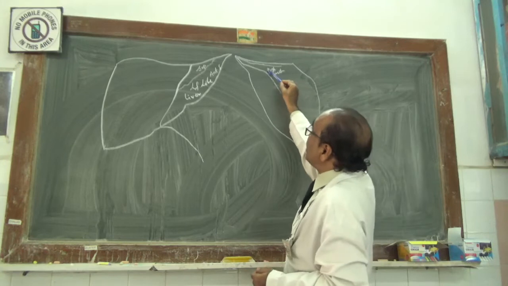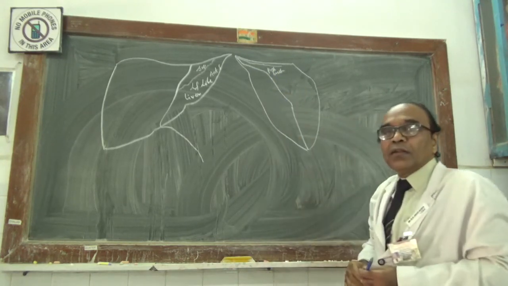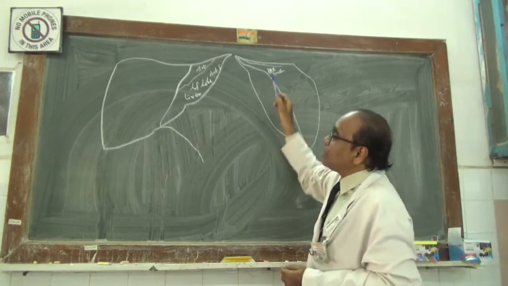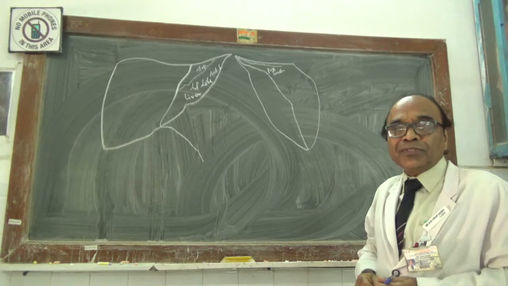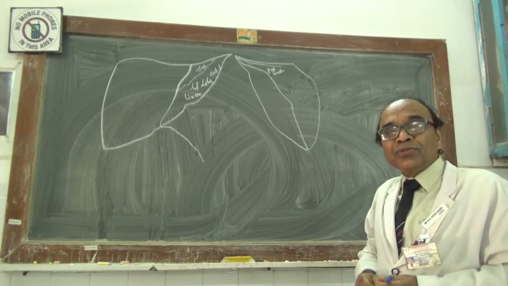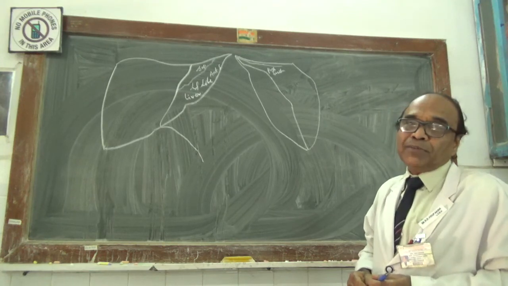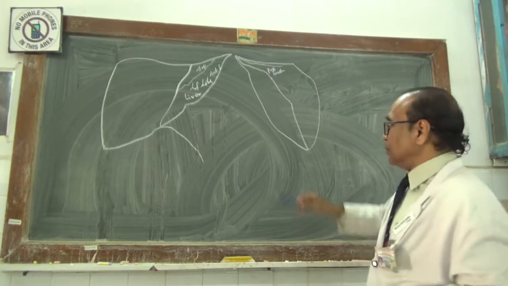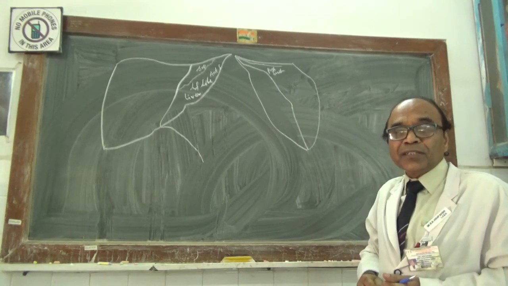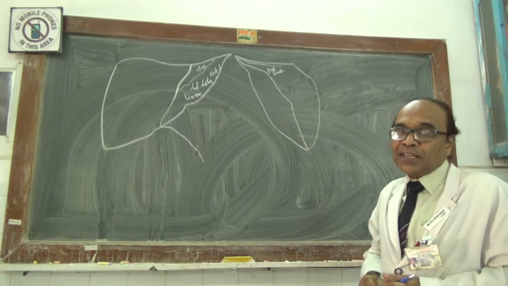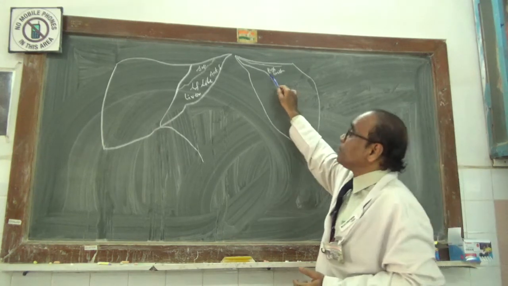Now you will be going to have the posterior surface. Posterior surface of the left lobe of the liver is the one which is very much the smallest compared to the other two surfaces of the left lobe of the liver on the diaphragmatic surface. So this surface is directing backwards, and it is completely related to the left dome of the diaphragm, as well as the part of the central tendon of the diaphragm.